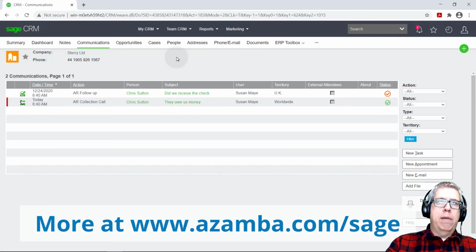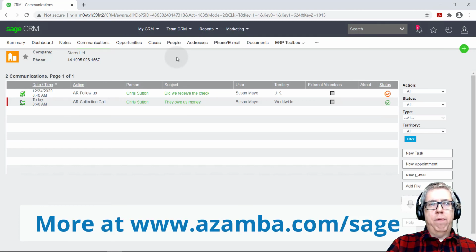And this is a really high-level example, but hopefully gave you a good indication of how you can use Sage CRM to effectively manage your receivables process. It gives a great way to get organized and to make sure that everybody on the team is aware of the calls that are being made, who's making them, and the responses that you're receiving. Over time, you could do analytics on these things too, so you can create other automation points. So for example, if Chris Sutton is a notorious promiser of payment and the payments never come through, you could handle their account differently with automations.